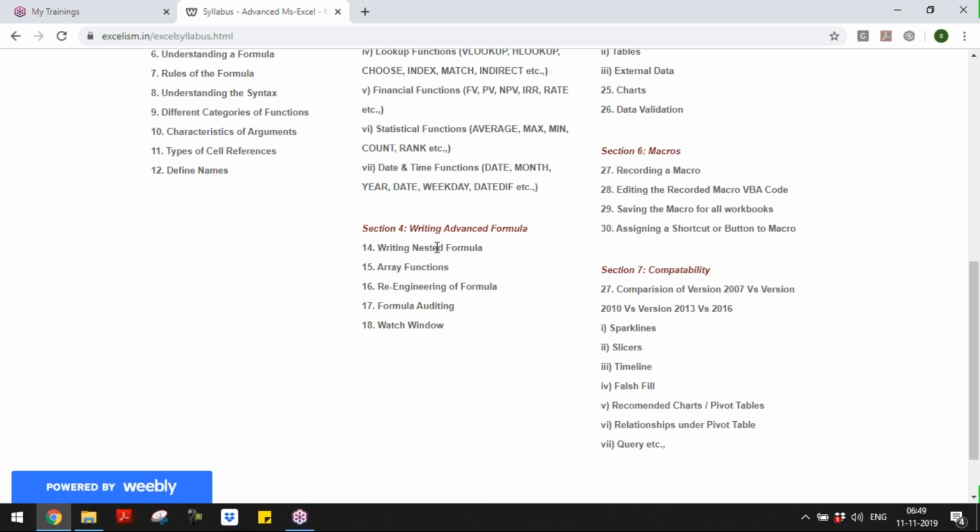So where to start, where to end, how Excel understands the formula, how Excel is solving the entire formula at once, or is Excel solving piece by piece? If Excel is solving piece by piece, is it from left to right or right to left? There are many things which we should be very keen of, and I would be covering when I start solving re-engineering of the formula. The next thing, if you ask me, the 17th one is most important, because